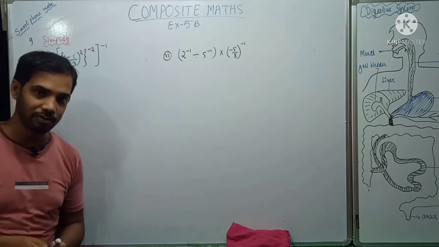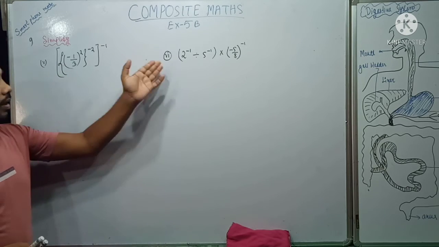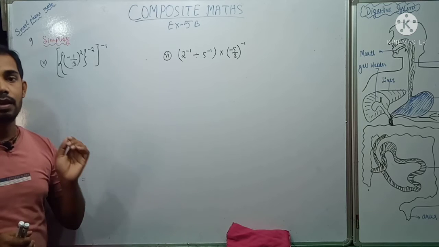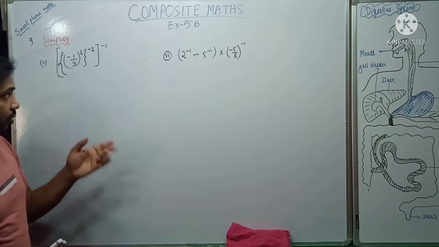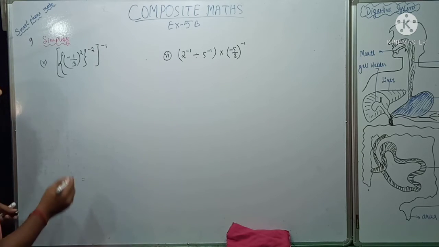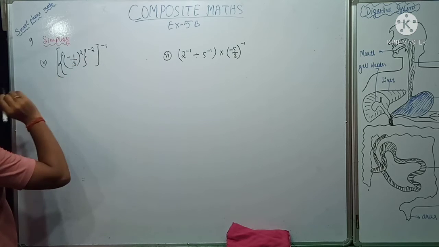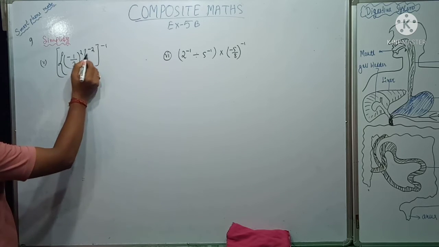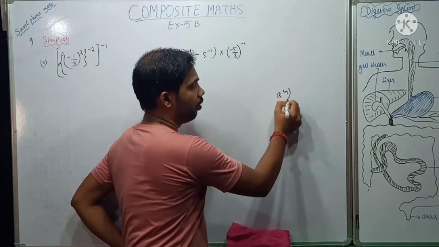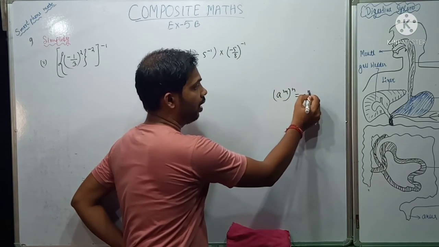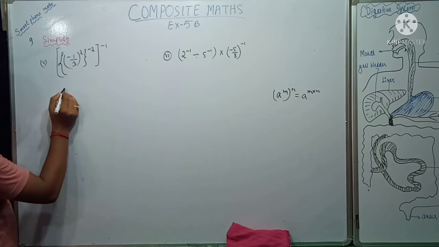So hello students, now we are going to do question number 5 and 6. Till now we have completed question number 3, and question number 4 I have left so that you will practice. Now let's go. So what is given, you see. First, you know one thing, that powers can be multiplied. We have a formula that a power m whole power n is equal to a power m into n. So powers are multiplied.